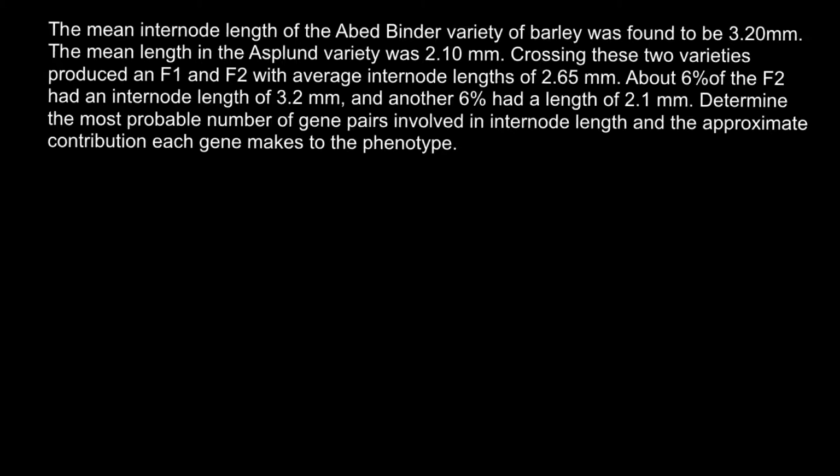And here is the problem. The mean internode length of the Abed Binder variety of barley was found to be 3.2 millimeters. The mean length of the Asplant variety was 2.1 millimeters. Crossing the two varieties produced F1 and F2 generations with average internode length 2.65 millimeters. About 6% of the F2 had internode length of 3.2 millimeters and another 6% had length of 2.1